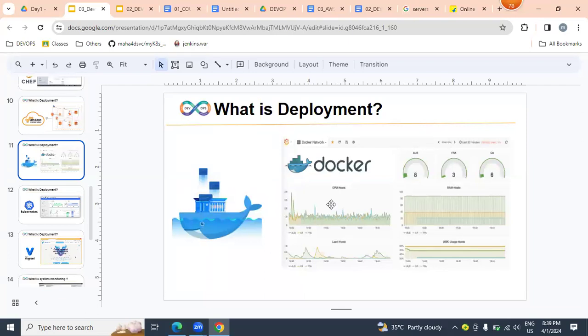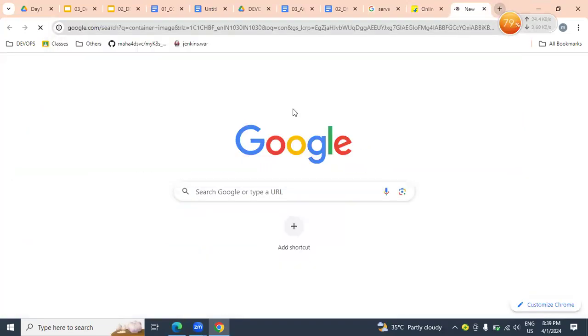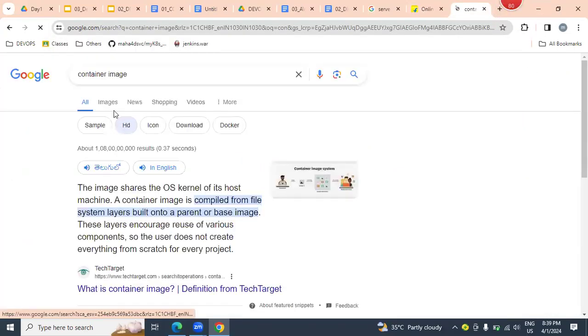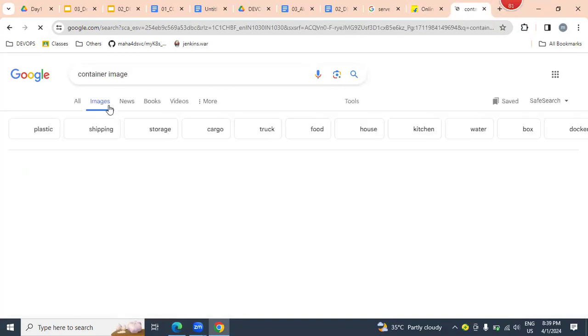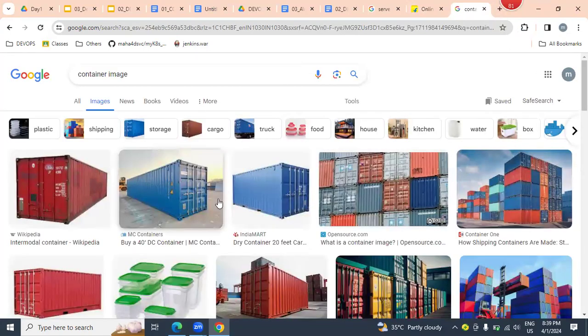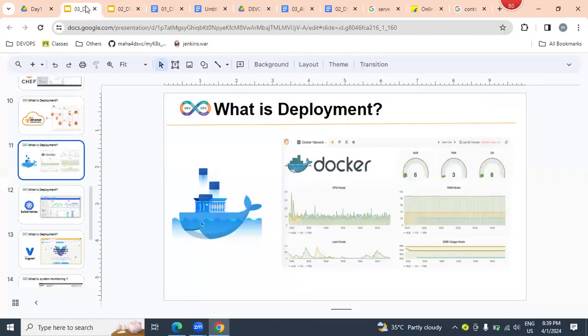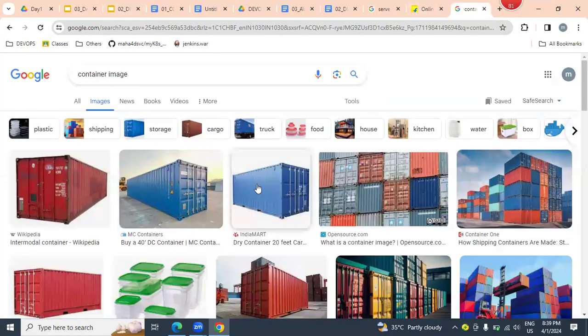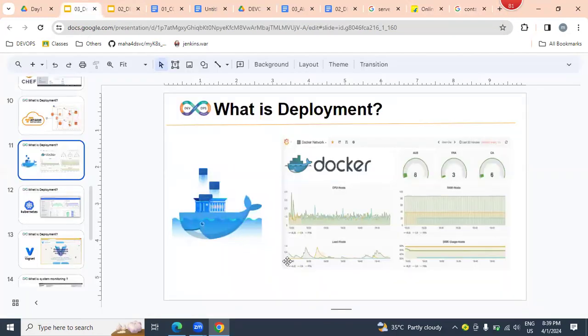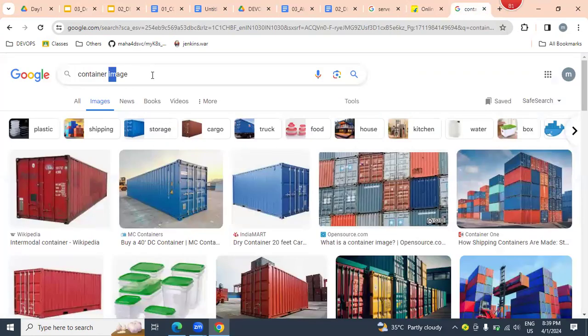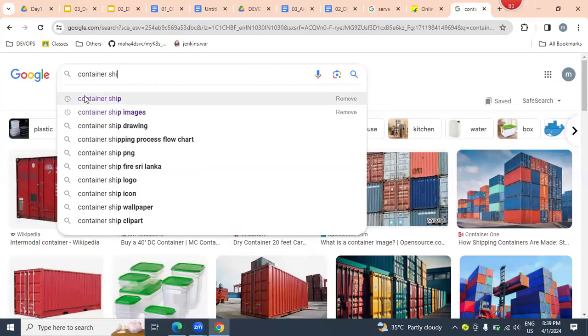A Docker container is an isolated area where you can place our websites very easily. To understand, I'll give one real-time example, like real-time container images. By using these containers, we can transport, import, and export any kind of product via sea, right? The same way, we can use our Docker containers. It might be used for fish, crabs, whatever. But by using Docker containers, we can handle Java, .NET, or any kind of application or websites. How exactly can these containers be managed or controlled by this ship?